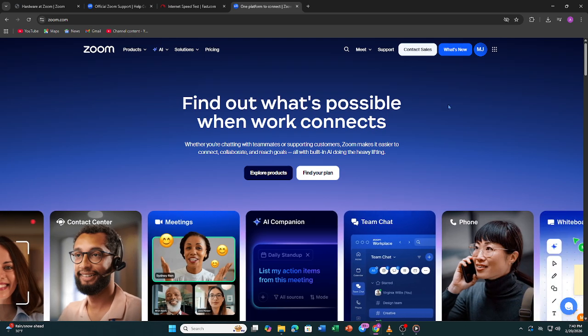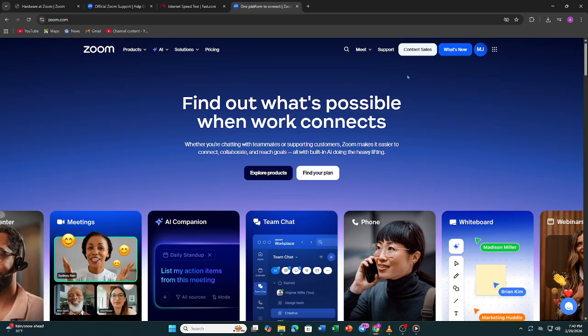And that's it. One of these fixes should stop the Zoom black screen during screen sharing so you can present